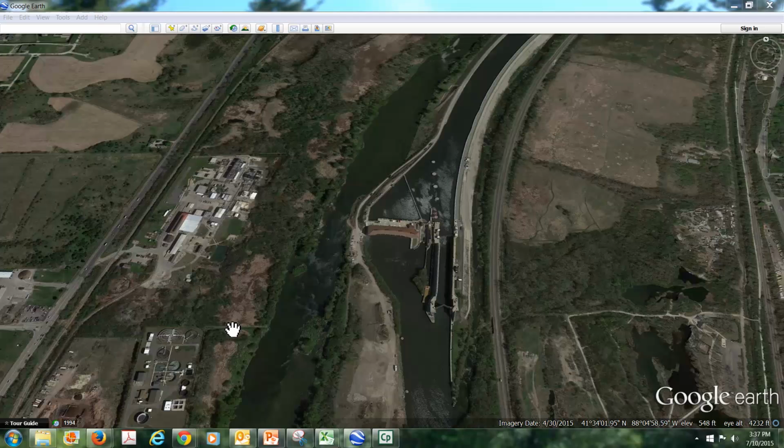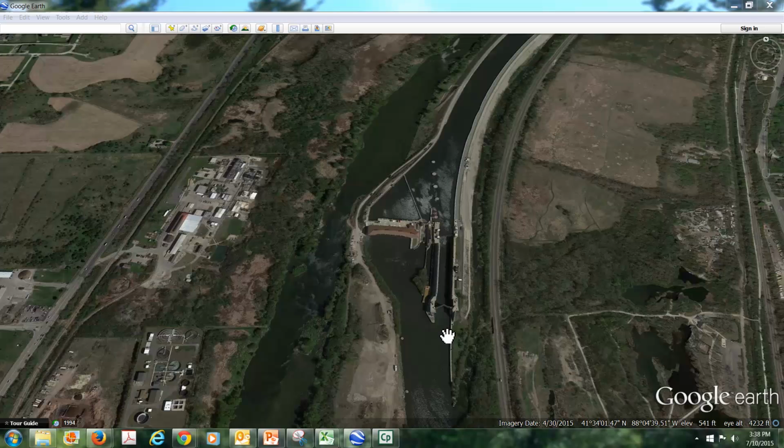In this video, I'm going to show you how to construct a simple decision model. We're looking at a lock and a dam. Here is the lock that allows vessels to move from one side of the dam to the other. Now, I would like you to imagine that we have a choice to make. Suppose the vessels coming through this lock have to wait a long time, and time is money and it's costly